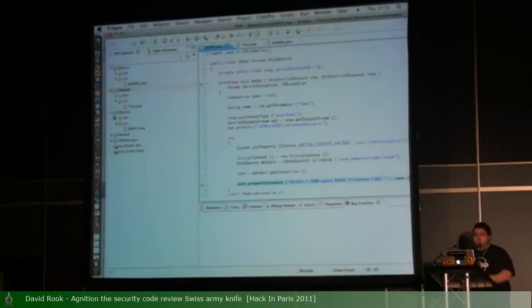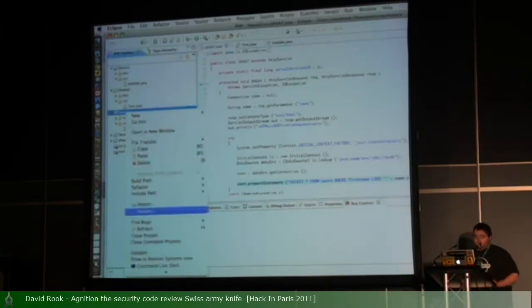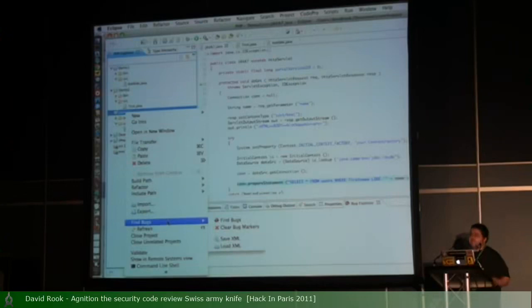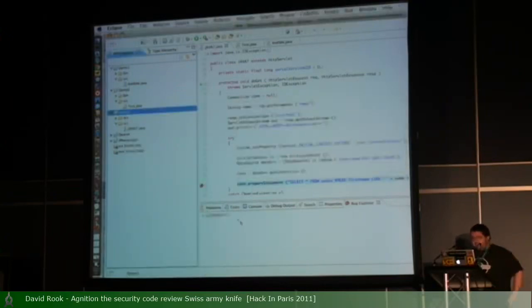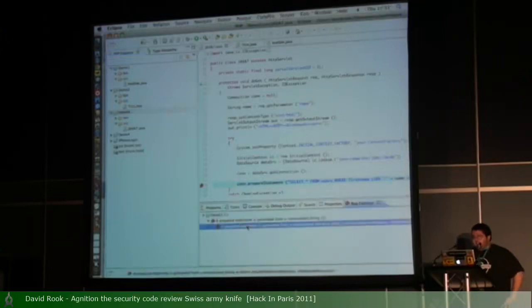Real simple example. The two tools I want to show you are FindBugs, which some of you might be aware of. And to be fair to FindBugs, it is quite limited from a security point of view, but I find it useful anyway. If we run FindBugs here, you can see it's put this little red bug next to this line. Basically what it says is you've got a prepared statement and you've generated it from a non-constant string. In English, you've got a SQL injection vulnerability, right? So even with that finding, yes, it found the issue, but that's not necessarily a finding you'll put straight in front of one of your developers. You probably still need to look at it, analyze it, maybe even translate it,